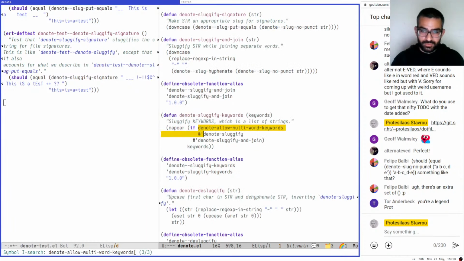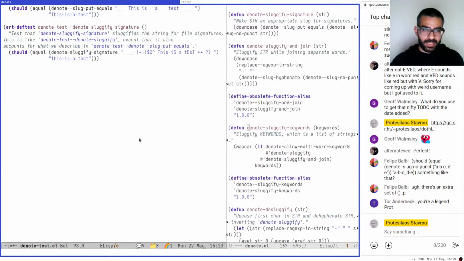But let's go here, folks. Our job today is to do the unit tests. Slugify keywords. Let's come back here. Def test. Denote test and denote slugify keywords. Test that this one. Oh no, I'm not here. It's not slugify keywords. Sorry. We are after the signature. We are here. Slugify and join. Like this and like this. Test that this